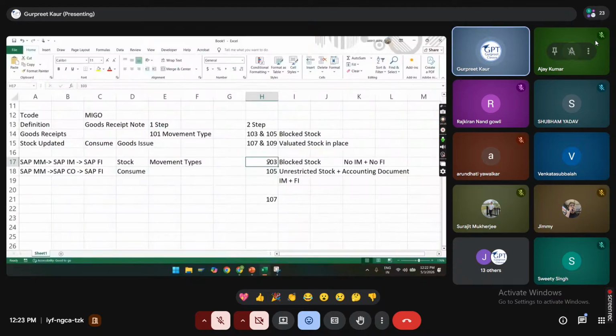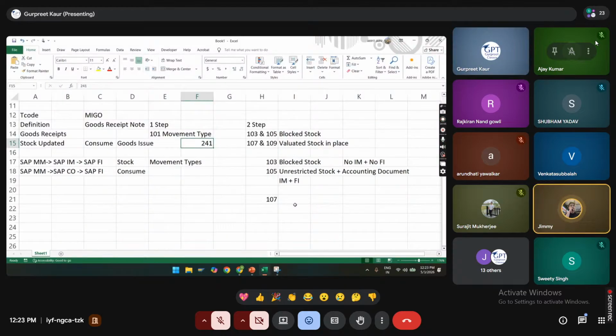Later on in the organization also, you can issue your material to the asset. We have a movement type for goods issue, that is 241, which is used to issue the material to the asset. Similarly, whenever we receive, initially it could be a material for us. Later we consider it an asset once it gets installed. Before that, if there is any fault or defect, you are going to replace it. But in a purchase order we can also make an asset PO, right?